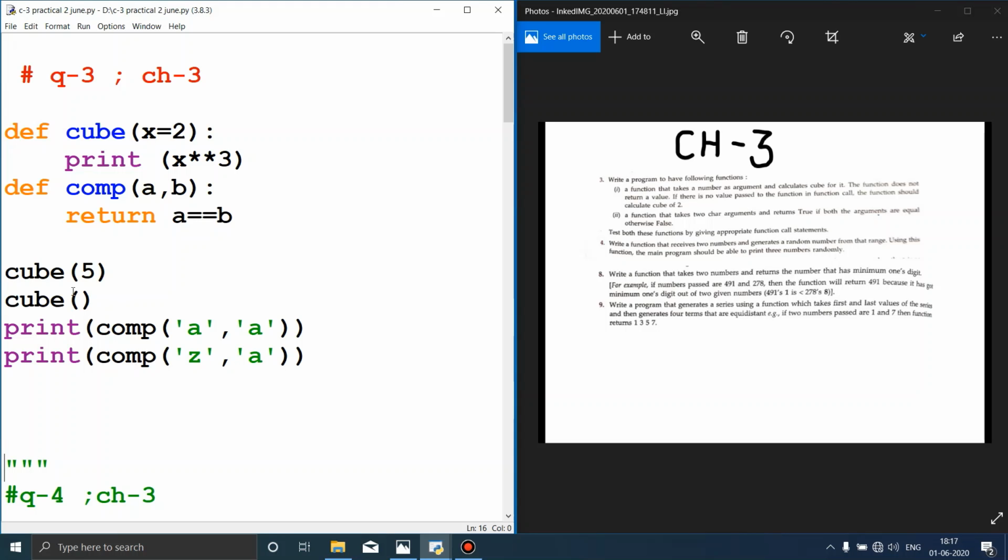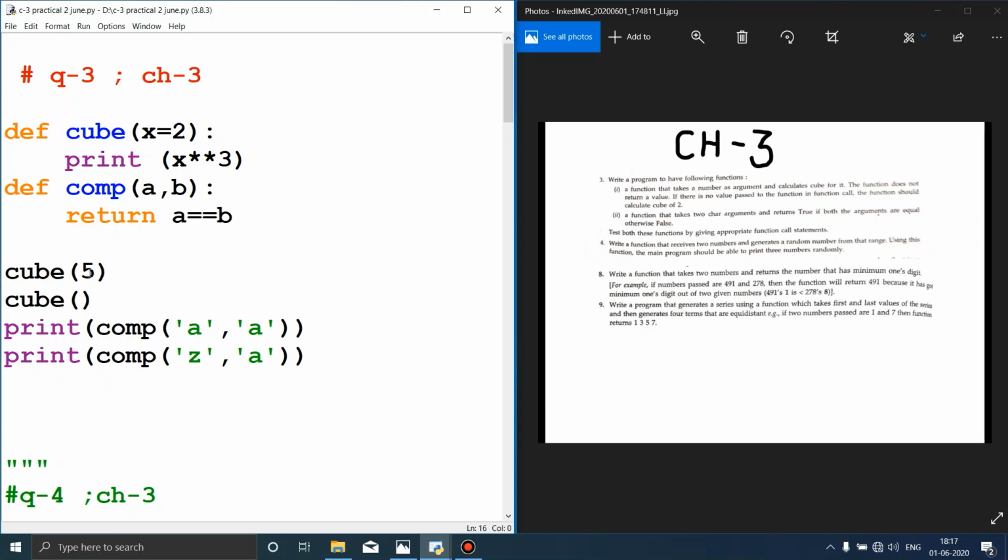false. So these are the two function definitions. Initially the Python interpreter will read the function header and will ignore the body of those functions. So this is read and ignored, this is read and ignored. The program execution will begin from this cube function.